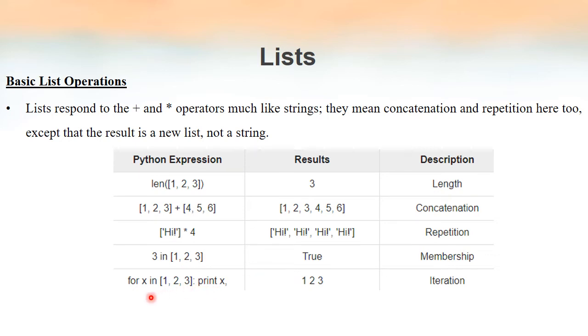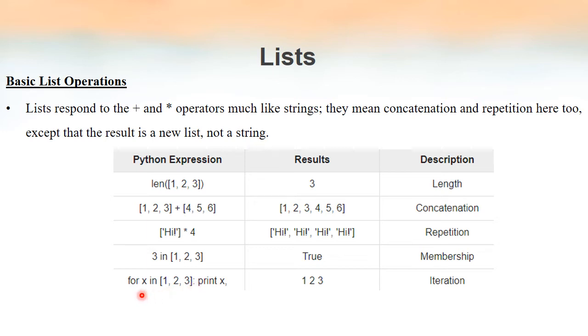Okay. Now if you want to go through each element inside a list, we have to use the for loop. So the syntax is like this. For is a keyword. The next is the variable that is going to iterate through the list. In is the membership operator, and here 1, 2, 3 is the list. So what we are actually meaning is x will take the value of 1 initially, and then 2, and then 3. At a time x will be taking only one value, and after each iteration the value of x will keep on changing, and it will go on until the end of the list.